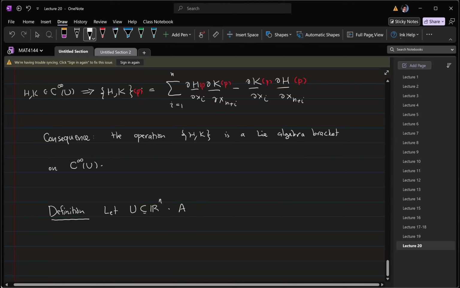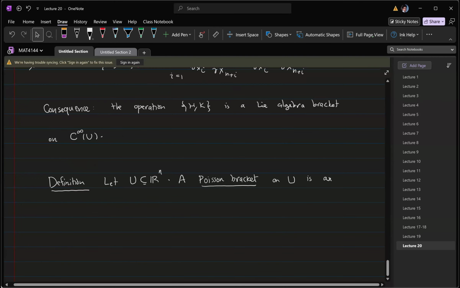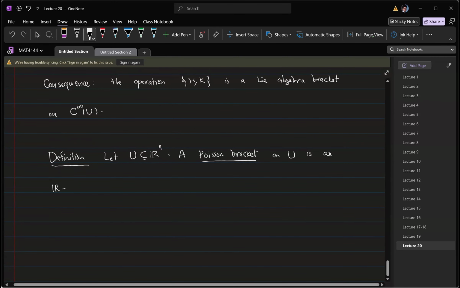A Poisson bracket on U is an R-bilinear map on C infinity of U with values in C infinity of U, such that